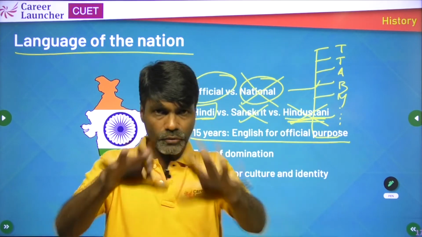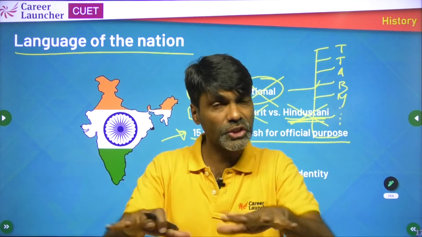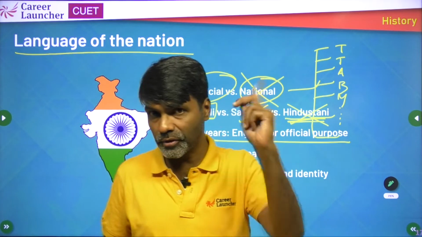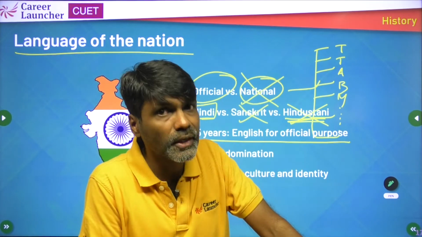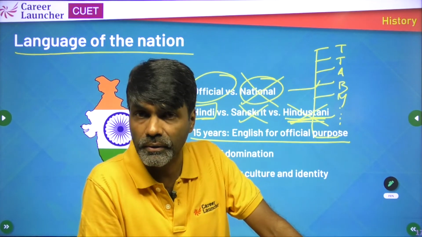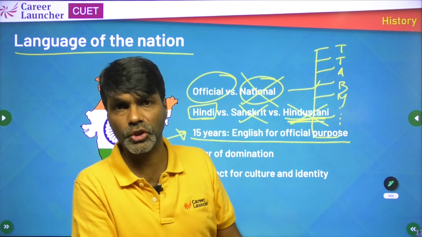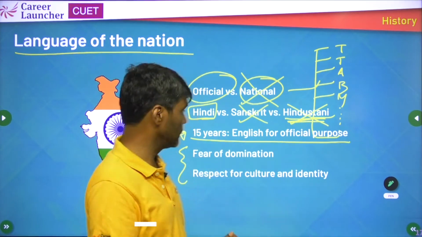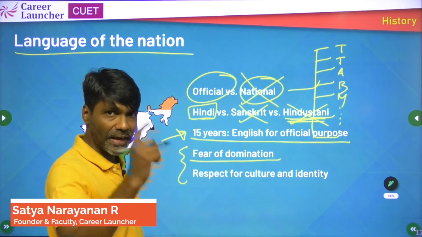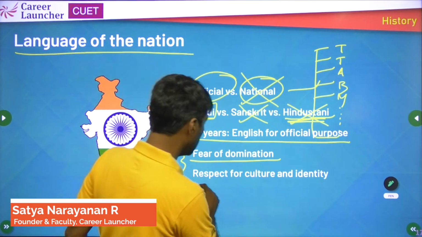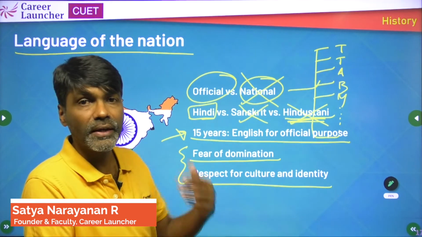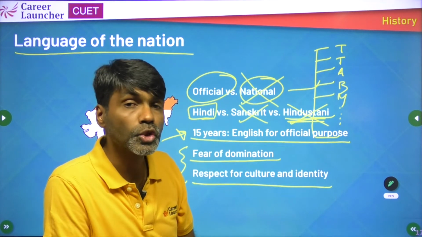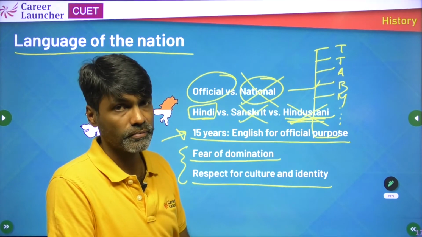So when Hindi was being pushed during the initial days, there was a tremendous pushback led by, as we've covered in some other chapter, led most prominently by the Dravidian movement from Tamil Nadu. There was a very violent push, and it was supported all across the country by people who thought that the domination of one language will actually kill the culture and it will diminish our identity, and that will be very detrimental to the long-term future of our region, of our culture.